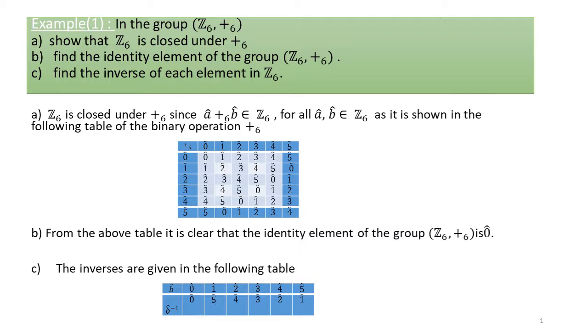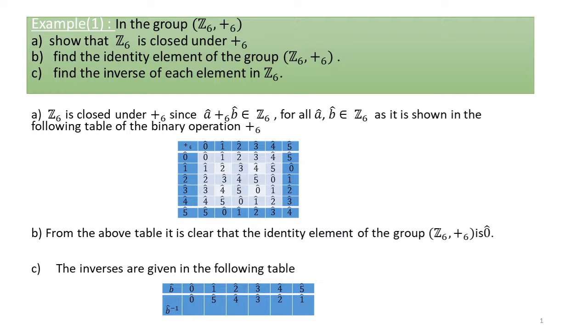If it is 6 or bigger than 6, we can reduce it by modulo 6. So 1 plus 1 is 2, 1 plus 2 is 3, 1 plus 3 is 4, 1 plus 4 is 5, 1 plus 5 is 6. So 6 under modulo 6 will be 0. So 2 plus 0 is 2, 3, 4, 5. 2 plus 4 is 6, so reduced by modulo 6, it will be 0. 2 plus 5 is 7, reduced by modulo 6, it will be 1. So in this way, we get this table.